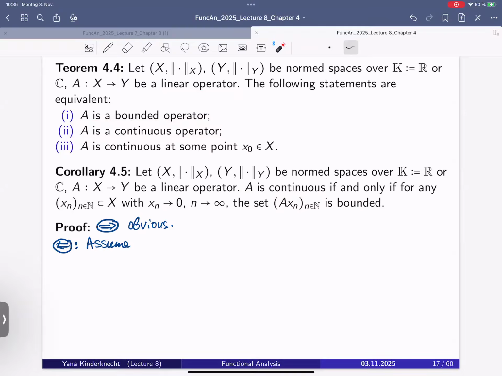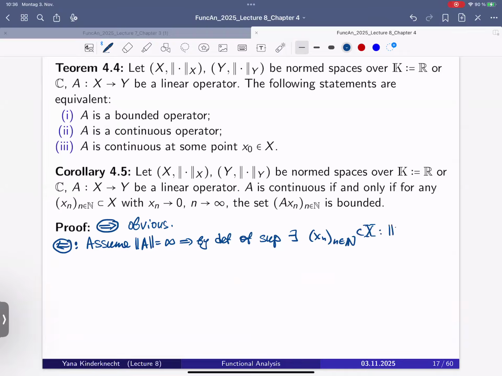So assume that this holds, but this is not true. So assume that the norm of A is equal to infinity. Hence, by definition of supremum, there exists a sequence xn in X